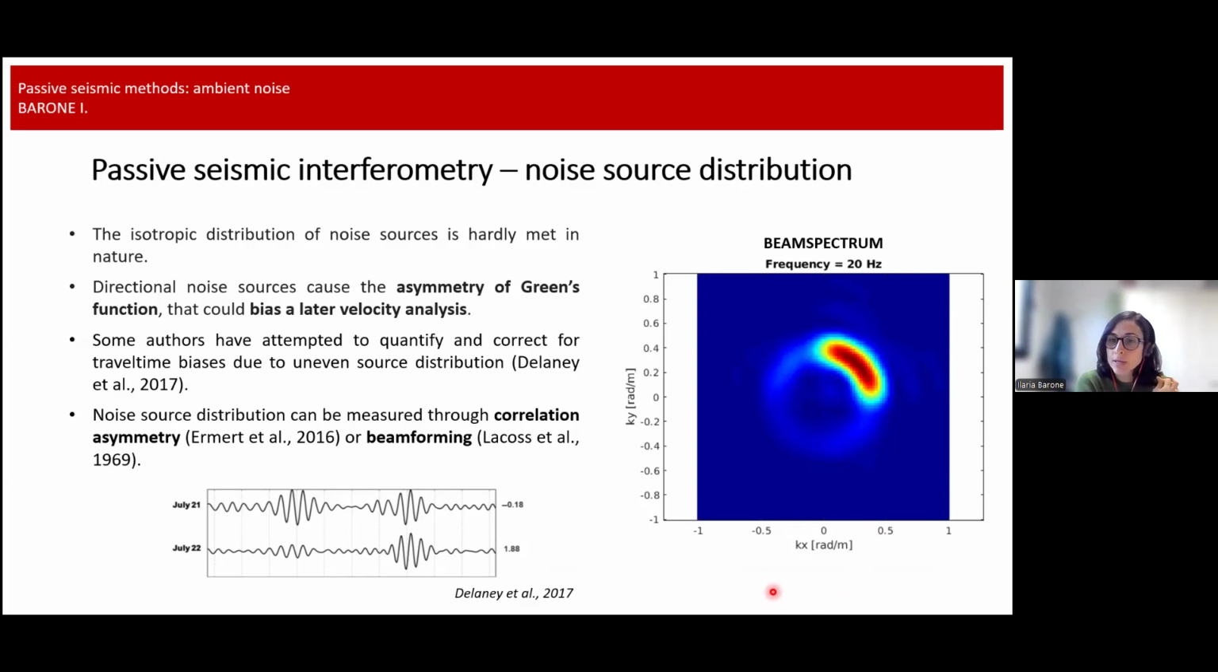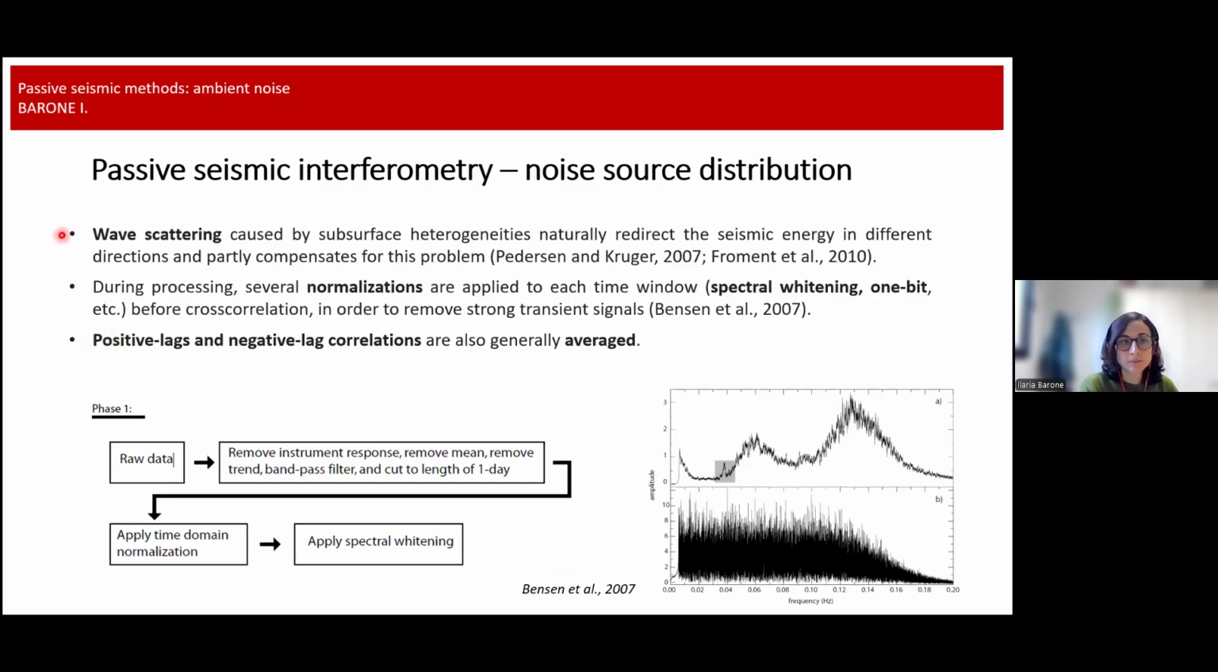In the case we have directional sources, we could still use passive seismic interferometry. Some authors like Delaney et al. 2006 have attempted to quantify and correct for the travel time biases caused by this uneven source distribution. So it is possible, but it's not straightforward. What are the countermeasures? First of all, nature